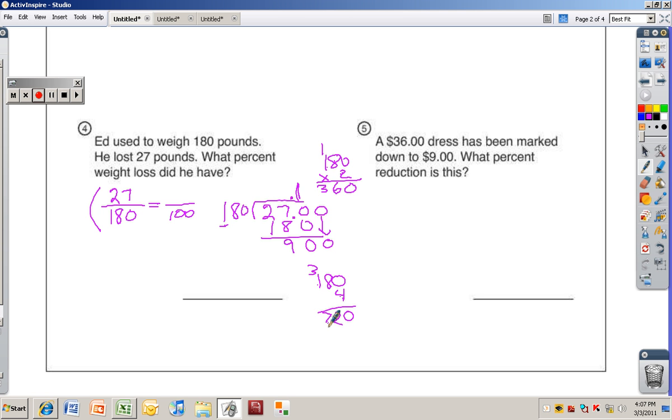5. So if we do another 180, our fifth 180, we get 900, right? So it's got to be 5. So it goes in 5 times. So what's my percent if I get 0.15 when I do that division problem? 15%. Okay, the other way we could have done this is we know we can divide this by 9